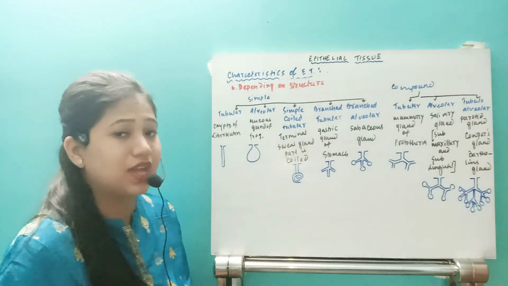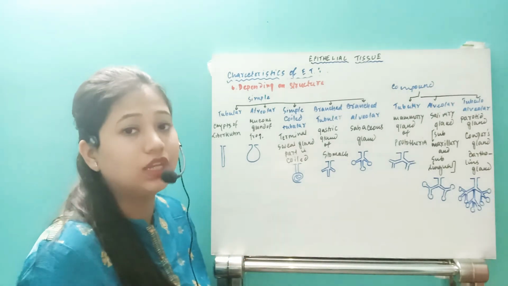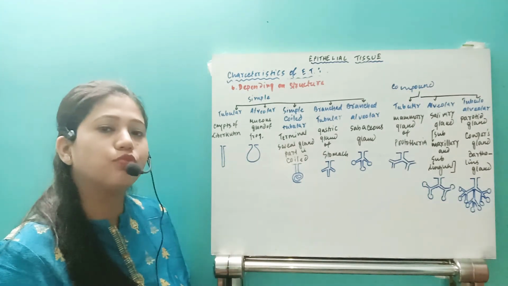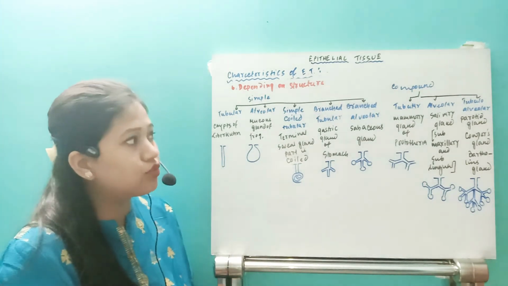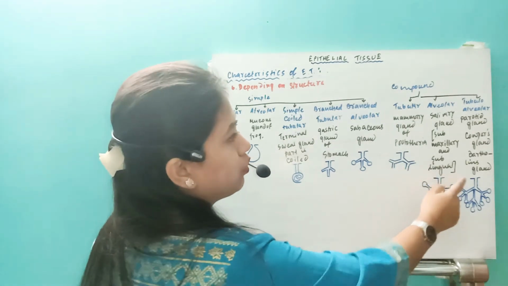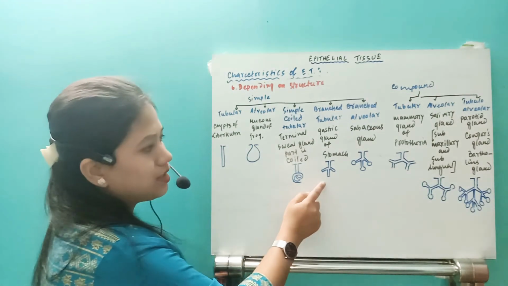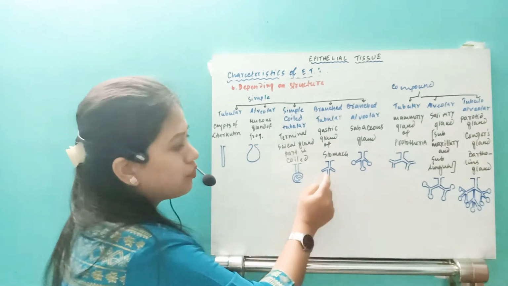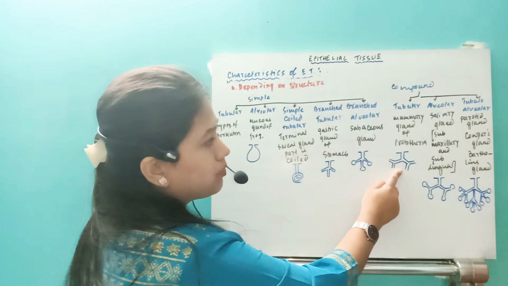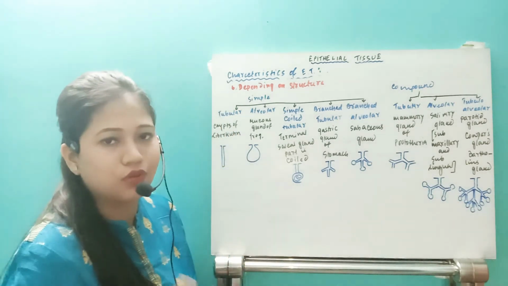And if it is branched alveolar, then you have the sebaceous gland, the oil producing gland. Oil glands, they are the branched alveolar gland, right? Now next, move to the compound type of glands. Compound glands are of three types: tubular, alveolar and tubulo-alveolar. Tubular means it looks like this, but on that, compound further divisions will occur, right? So this is the compound tubular, then compound alveolar and tubulo-alveolar or alveolo-tubular.